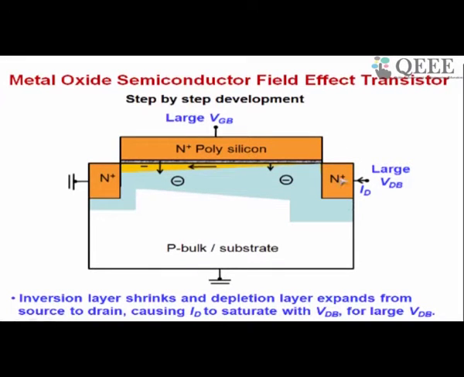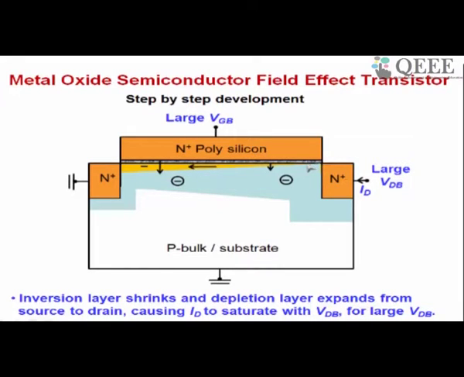Now supposing you apply a large drain voltage. Now what is going to happen is the charge conditions in the device will change as shown here. Now let us see why they change like this. You can see here that if I go along this line in the N plus polysilicon, voltage is constant, it is equal to VGB. VGB is voltage between gate and bulk. However, if I go along this line at the interface in the inversion layer, voltage is changing. Here the voltage is 0 as shown here, whereas here at this end the voltage is VDB.